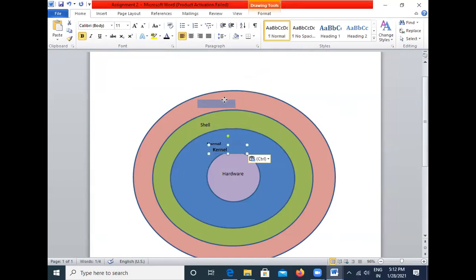So this text box, you can keep it somewhere here, or you can also use the Control D option: select a text box and use Control D. So wherever you require, there you can place this and you can edit the contents. So to edit the contents, go to that and type applications. And here I want it as compilers.